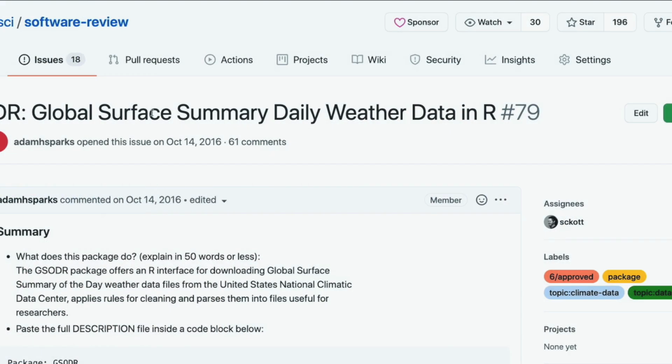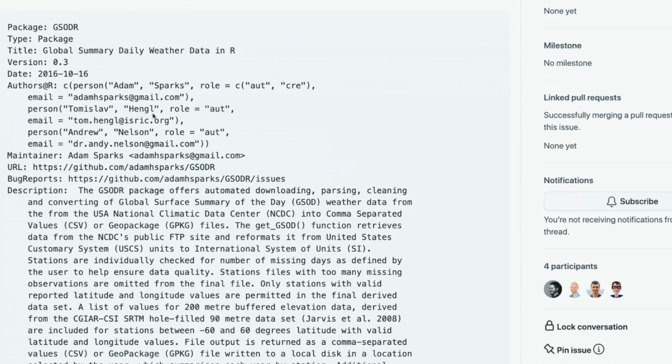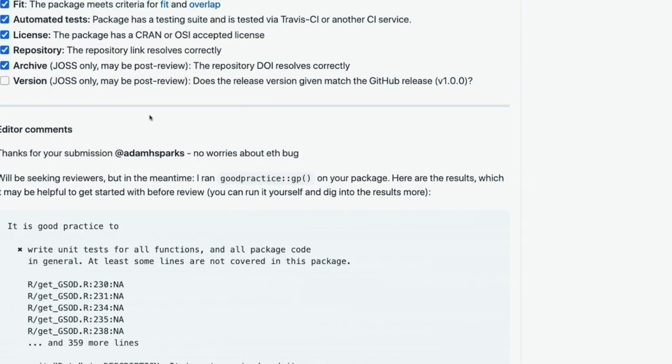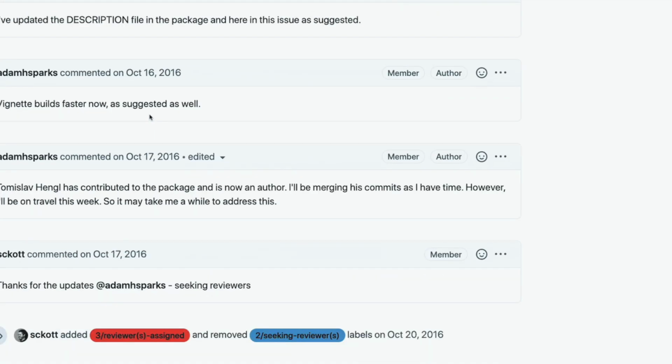For example, some packages have gone through a peer review process, for example, in the Journal of Statistical Software or in rOpenSci. That's a good sign. It's not a guarantee that the package will be in good standing forever, but at least the author has gone through an effort at some point to have a colleague have a critical look at the code.